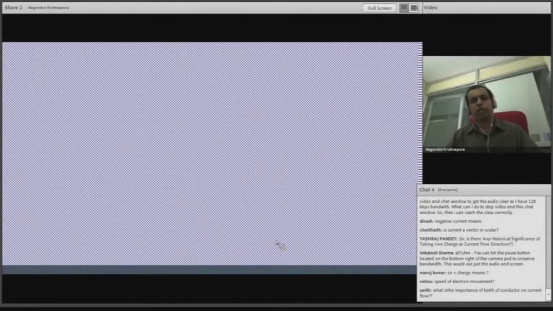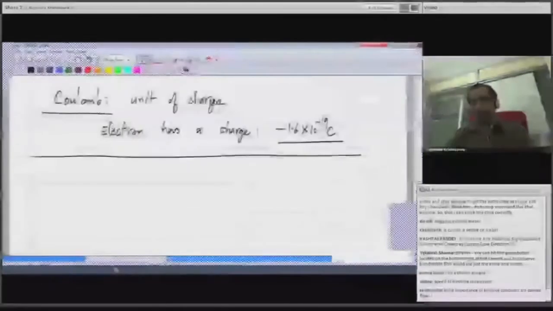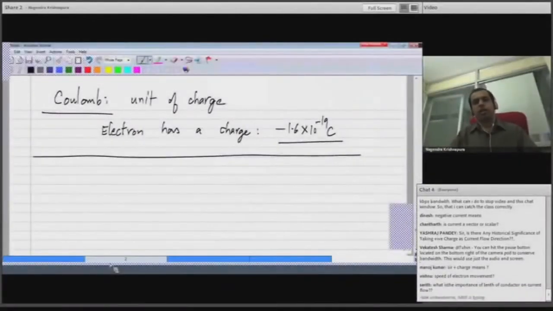I think again an analogy could be made with gravitational field. You know that if you have a gravitational field, this is the Earth. I'm showing only a small area, so I'm showing it as flat, and you know that there is a gravitational field in this direction. Now, if I place a mass m